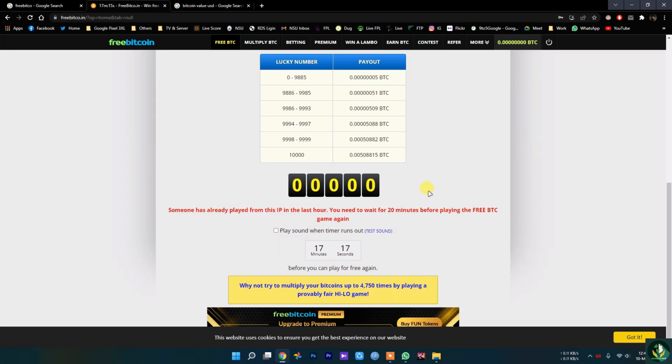So you'll find out how simple it is, as you see, to basically make a Bitcoin. You're not going to make a lot, but eventually if you try every day, every hour, and be patient and keep on using these websites like faucet, many couple of faucet websites, then you will have a good amount of satoshis. So that's a good practice if you are into bitcoins. You can get free satoshis or bitcoins using these faucet websites. So that's it for this video.